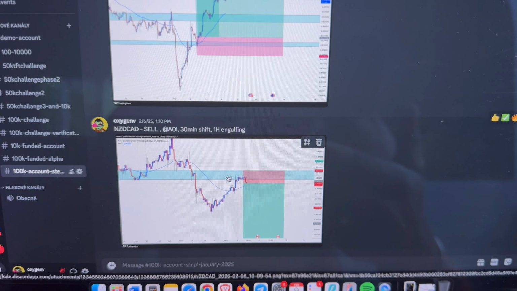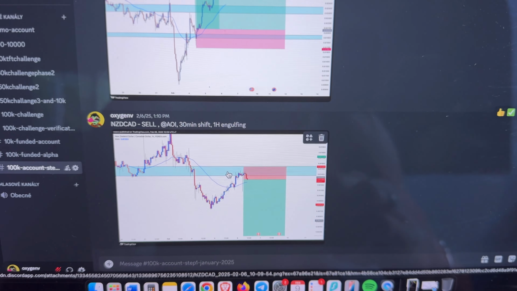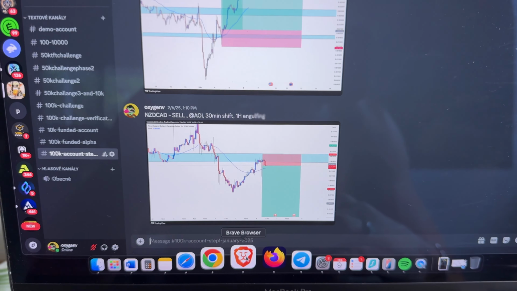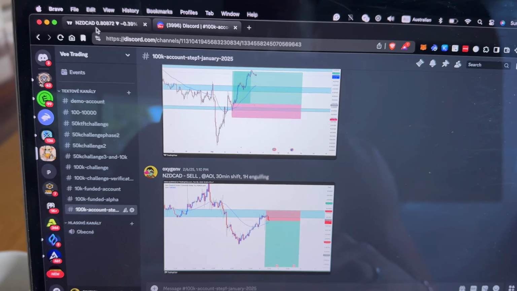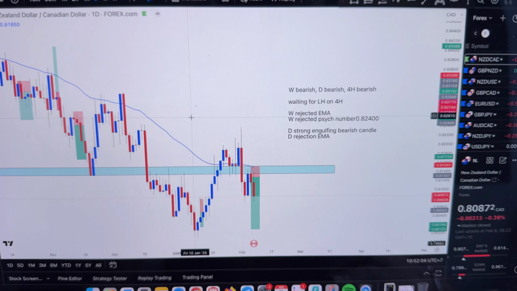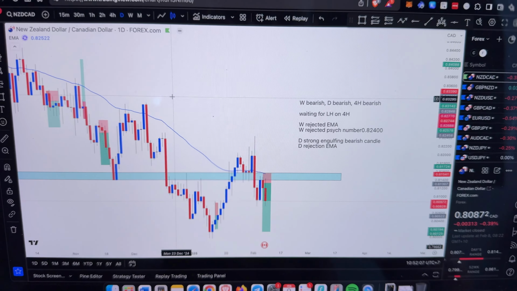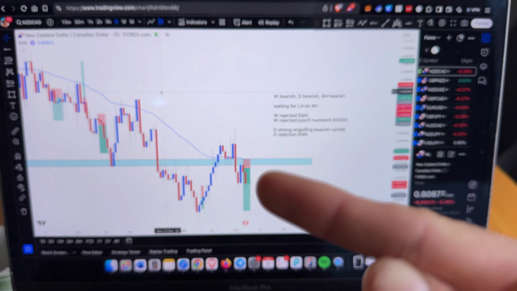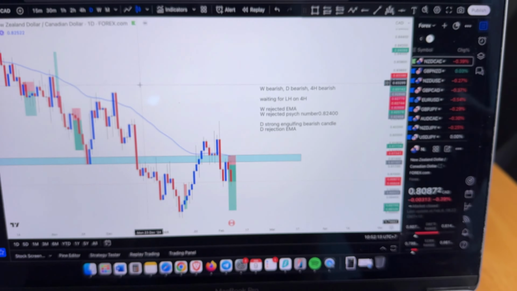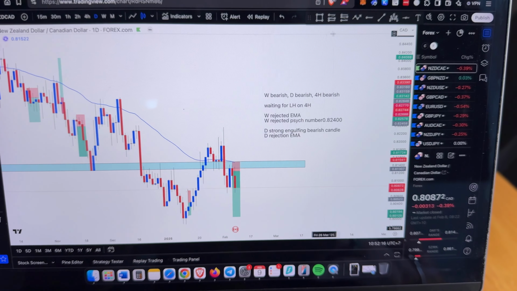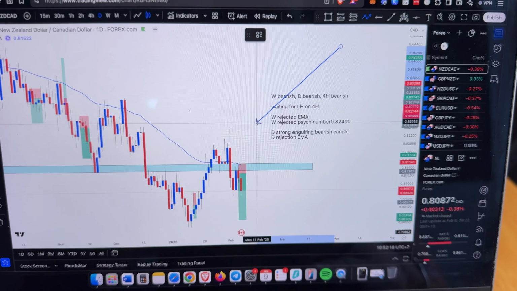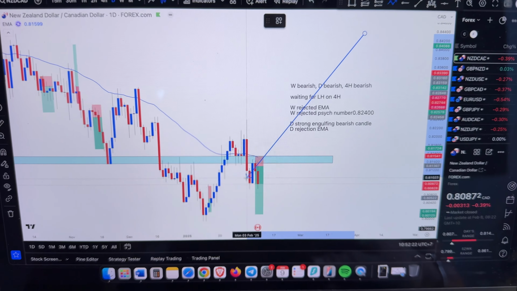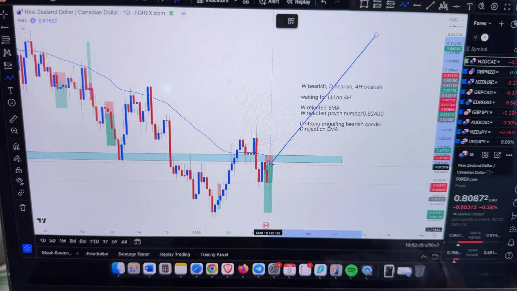It was basically a very, very simple trade, break and retest. And I'm still in this trade. I'm going to show you where we're at. NZD CAD, so this is a daily chart. You can see we turned bullish, and then we had a strong engulfing. Let me do this with this camera, maybe it's better. You can see we had a strong engulfing daily candlestick. It came back, retest, and I simply entered the trade.